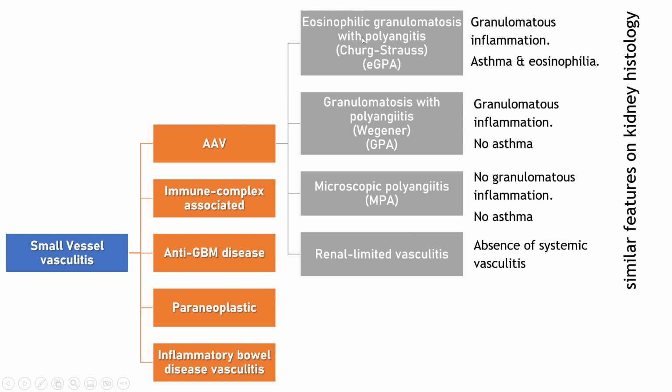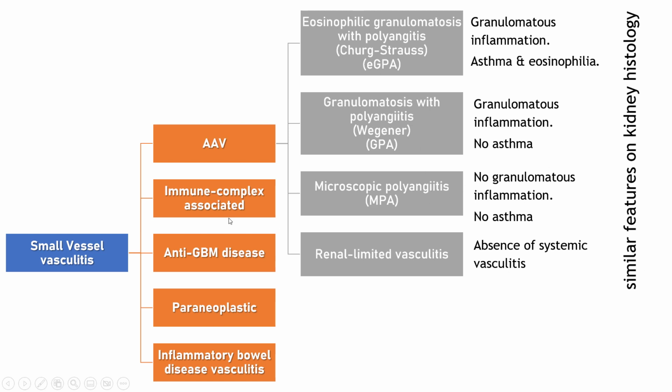So in eosinophilic granulomatosis with polyangiitis, we can have a granuloma or granulomatous inflammation, and these patients usually have asthma or eosinophilia. In granulomatosis with polyangiitis, we have only granulomatous inflammation. In microscopic polyangiitis, we don't have granuloma nor asthma. We have only angiitis or inflammation. In renal limited vasculitis, there is absence of systemic vasculitis, and all the 4 categories have similar features